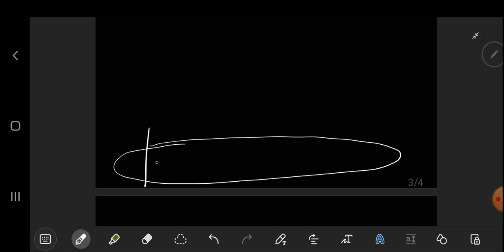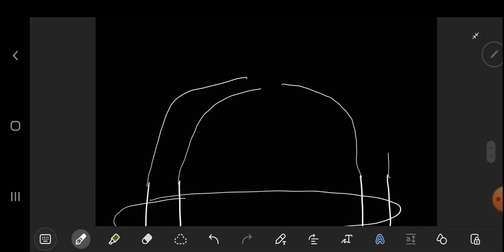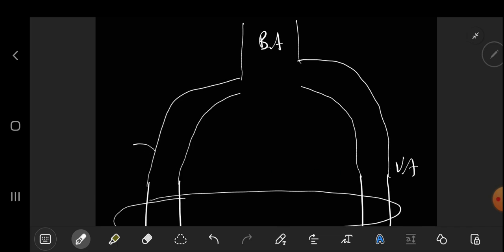We have the vertebral arteries on both sides. Here they come and confluence and create the basilar artery. Let's make him maybe a little bit bigger. But before they create this basilar artery, right over here, this is the basilar artery, those are the vertebral arteries, they give off